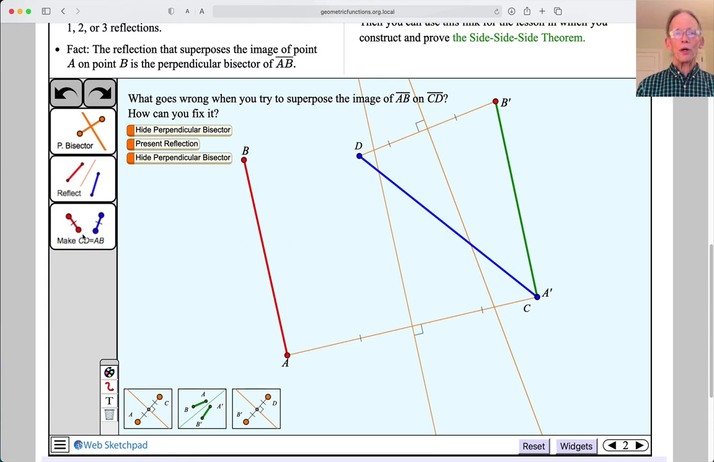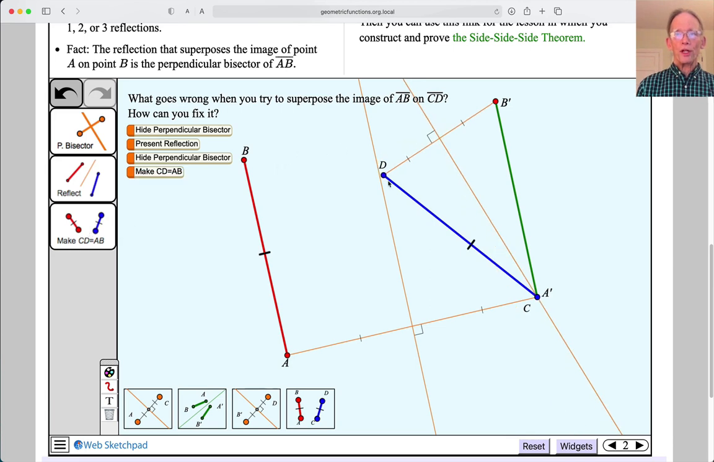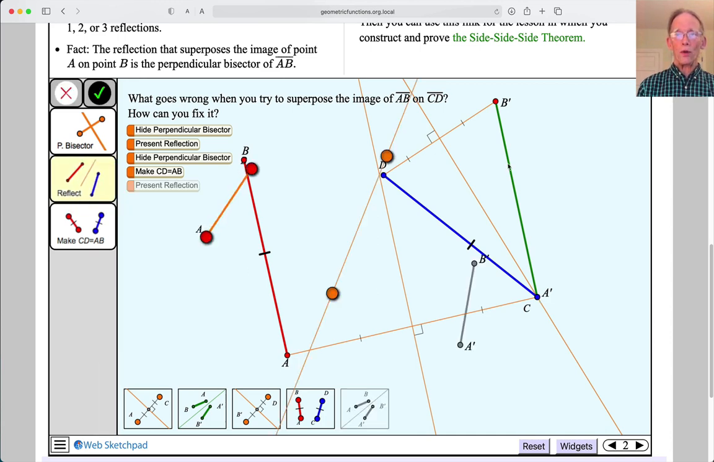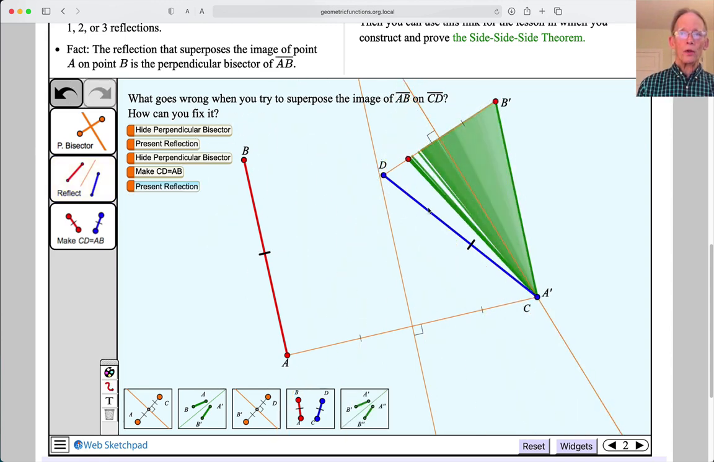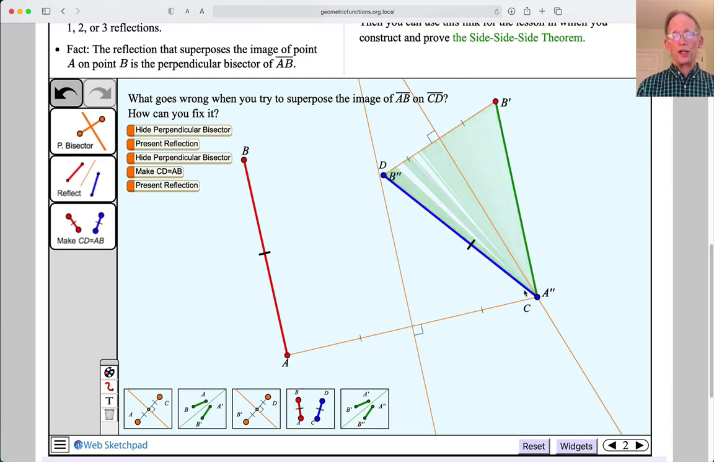We forgot to impose the given fact. Watch what happens when I click this tool. Segment CD was adjusted. This tool adjusts segment CD so it's the exact same length as AB. Now, this point is on the mirror. We can go ahead and do our reflection now. And there we go. We have established the superposition, which gives us the steps right here that are involved in proving